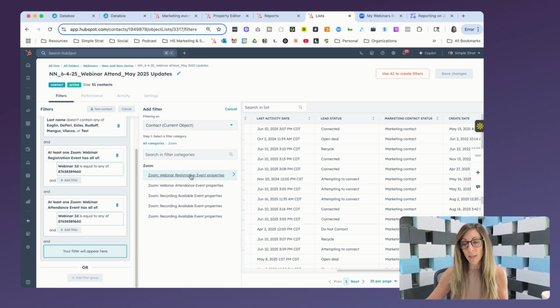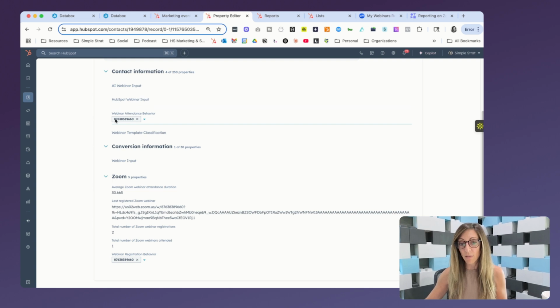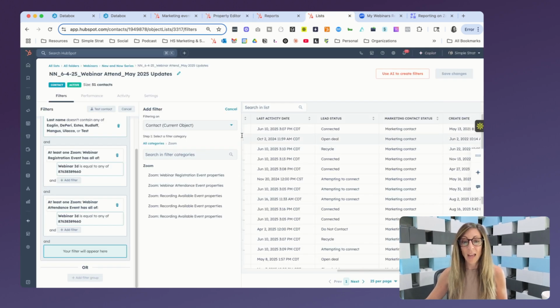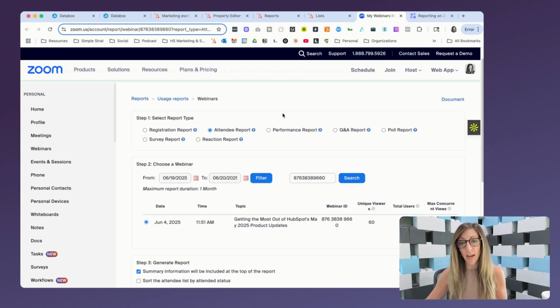I can use the segmenting to build a HubSpot list that then takes this information and fuels the stamping of the actual webinar they attended. So now that I've got all of this in one place, the dashboard is one thing I can create in HubSpot, but the reason I moved over into Databox is because now I've also got details from